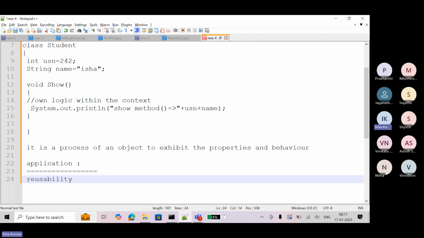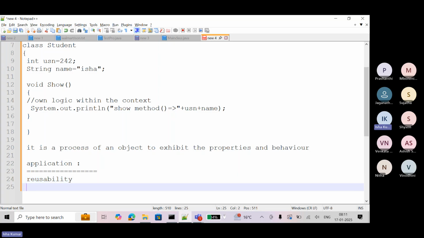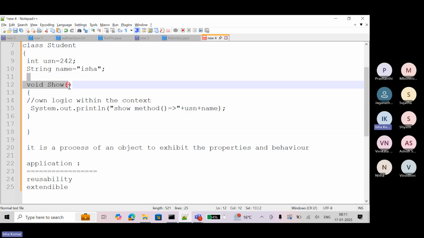Okay, understood or not? Reusability, extendable. Tomorrow, you can extend that. You can add some more logic into that, and others can also use it. It should be in a centralized place somewhere, practically, when you are working in a framework. So for reusability and extendability, we definitely write a method to perform a task. So here you can define a lot of methods based on your requirement, and you can reuse them.